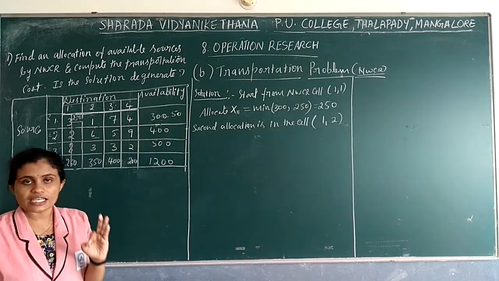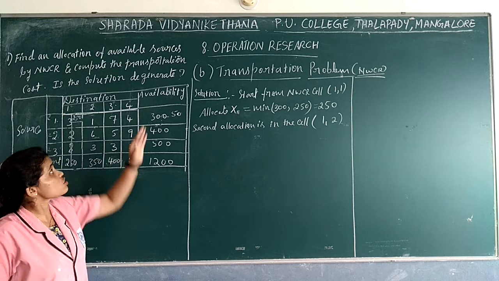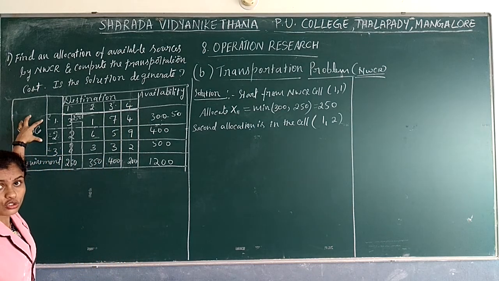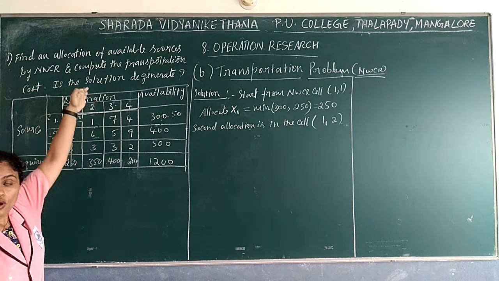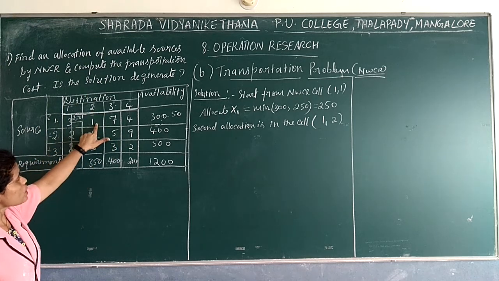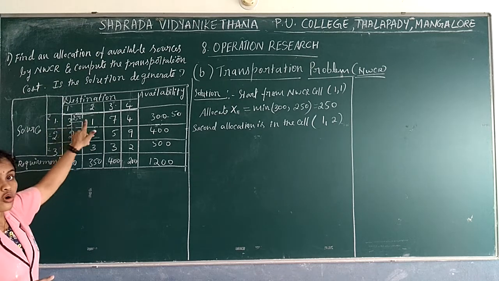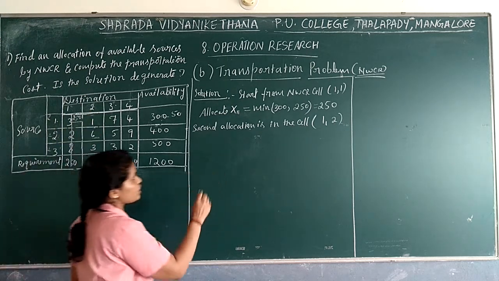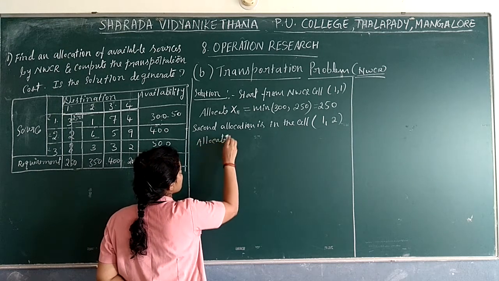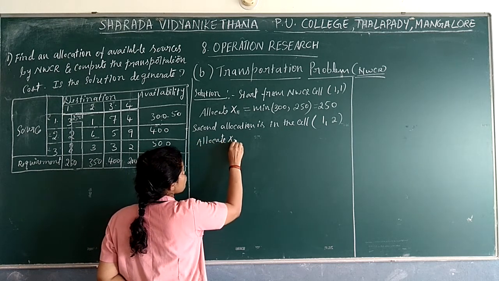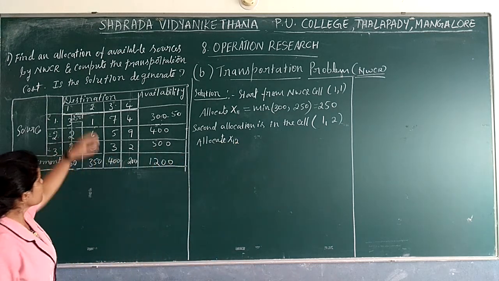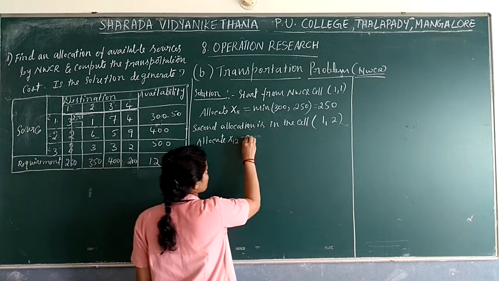For better understanding, I am telling you, if I say source and destination, you may get confused. Firstly, we need to take the row, then the column. Row and column. So this one is first row, second column, or first source, second destination. Now allocate x12. Now here we have to allocate. x12 is equal to